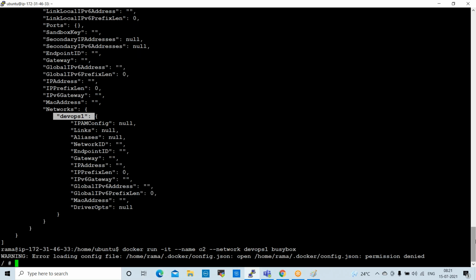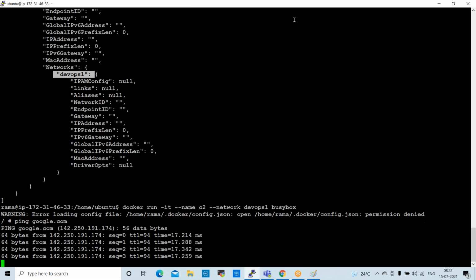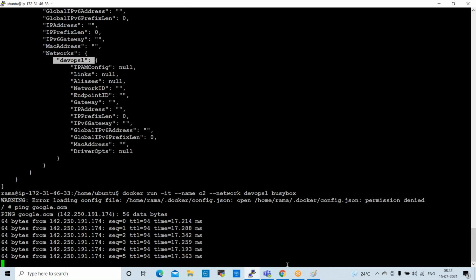C1 I think we created earlier. Anyway, fine. We can delete and again create, right? C2 created. Okay, so now we can delete one container, which is C1.